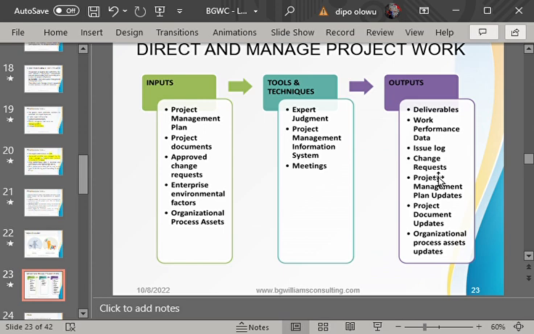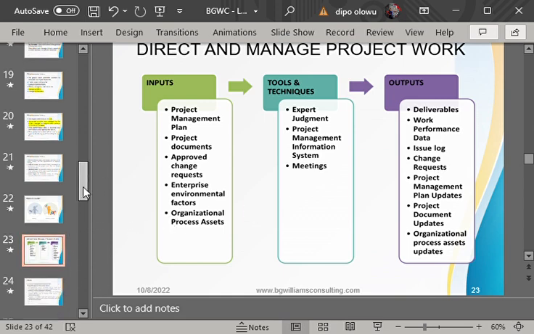So if the project manager wants to carry out corrective action, he must pass through the perform change request process. If he wants to carry out defect repair, he must pass through the perform change request process. Whatever he wants to do, he must pass through those change processes. Now let's look at what is